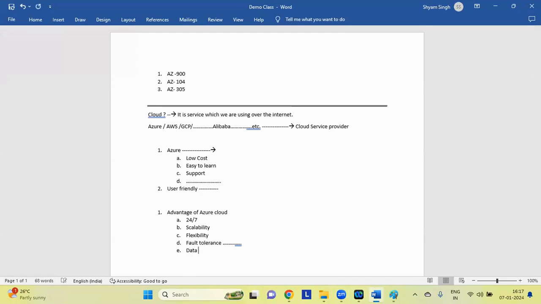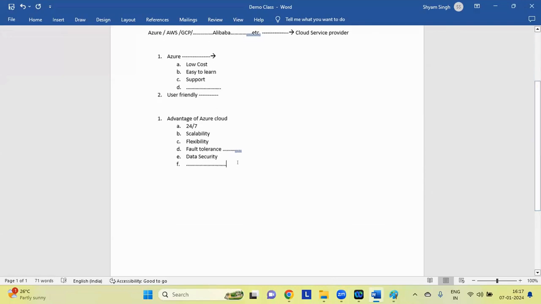So here, data security. Okay. So what are the data security, right? How we are going to see? So data security in Azure is also very much important. Now let me explain to you how we are going to work on that and what is the teaching process, how we are going to conduct the trainings and all. Okay.